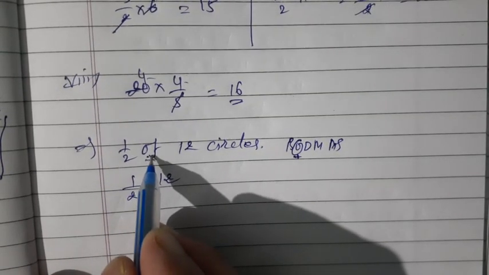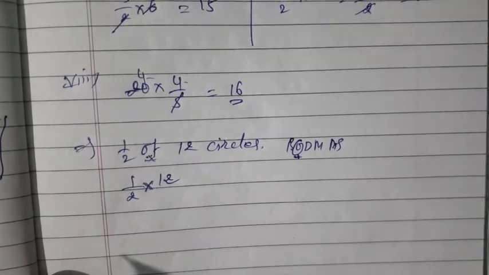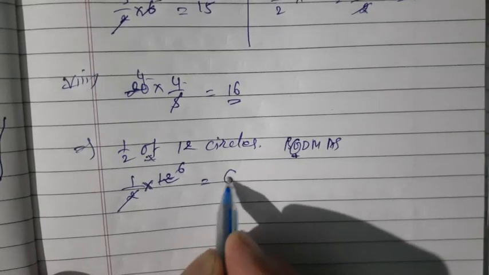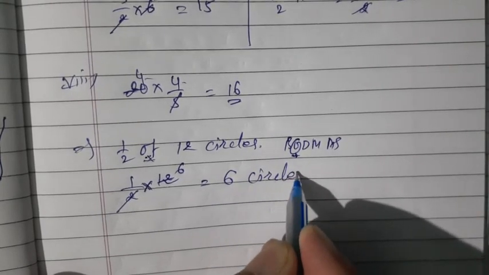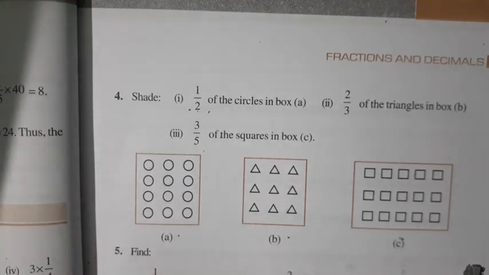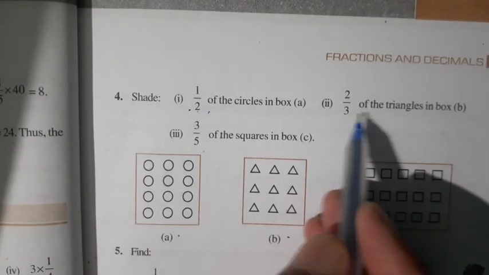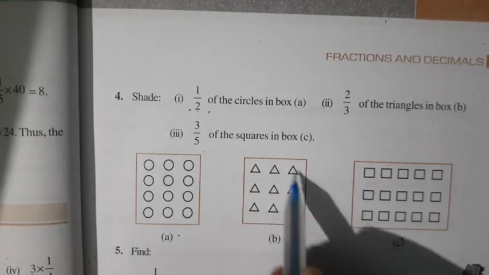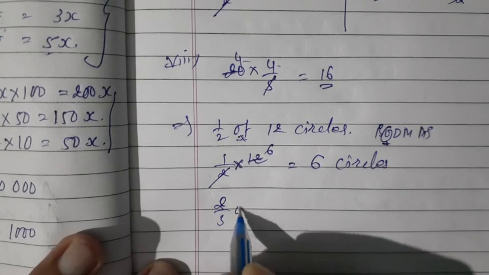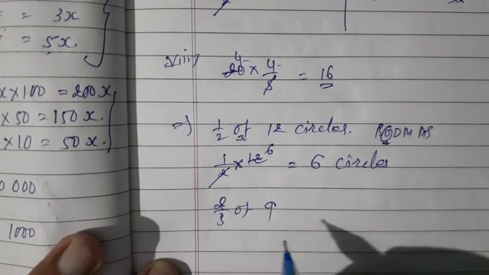When "of" is there, at the place of "of" you just write down multiplication. So 1 upon 2 of 12 is 6 ones are 6, means 6 circles. So you just shaded 6 circles out of that 12. Similarly, 2 divided by 3 of the triangles in the box. Total 9 triangles are there. So 2 divided by 3 of 9 triangles